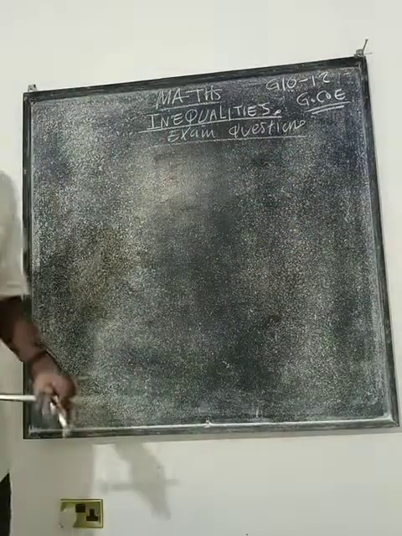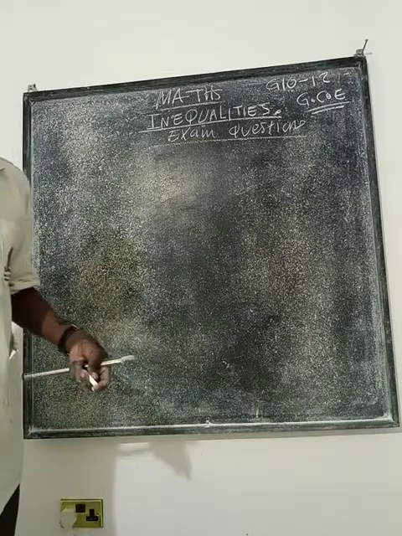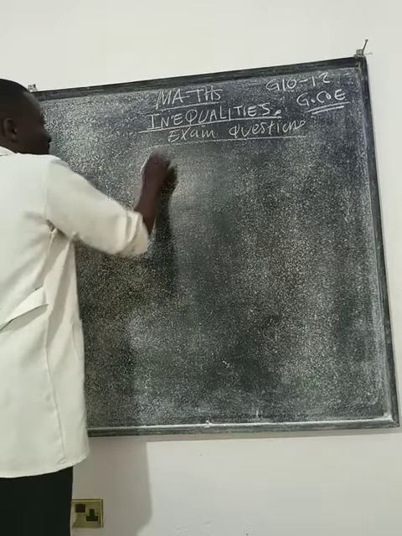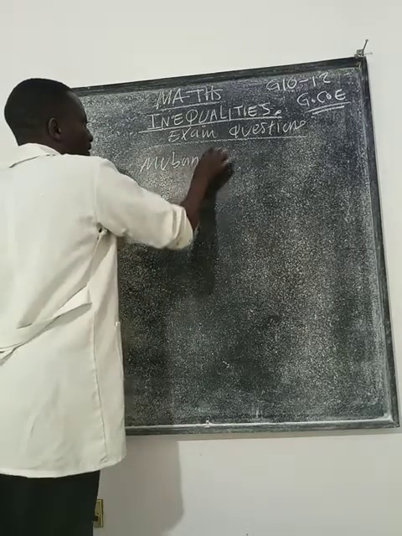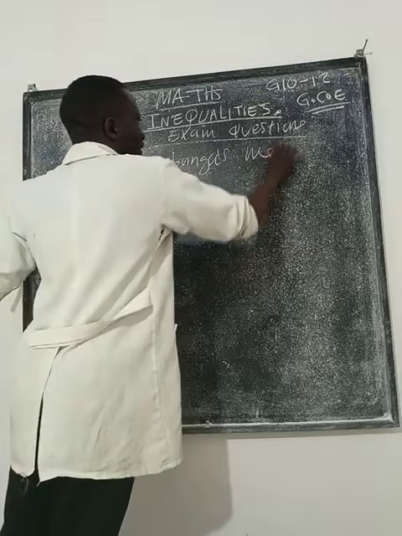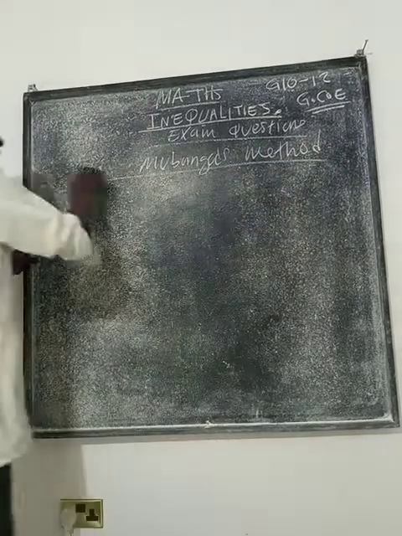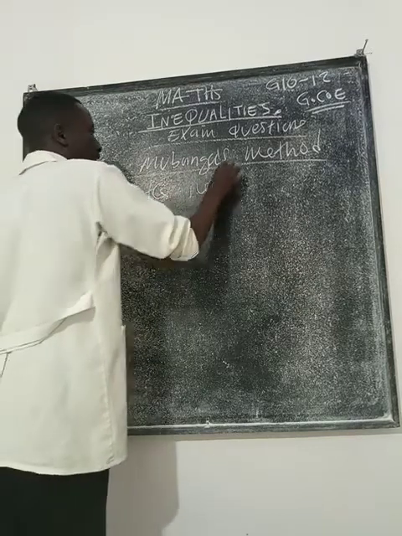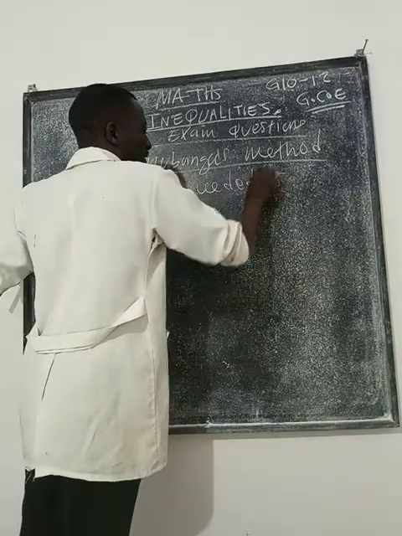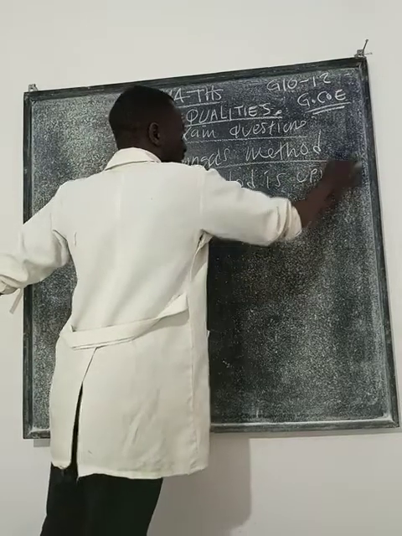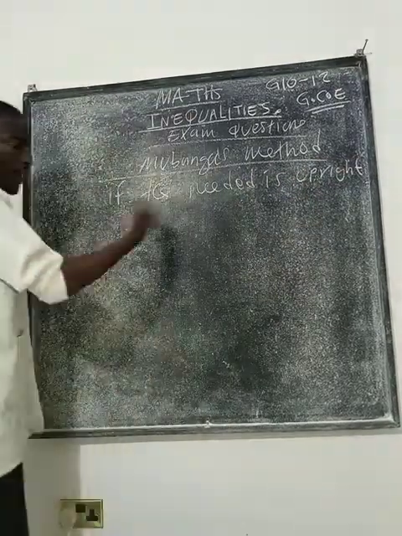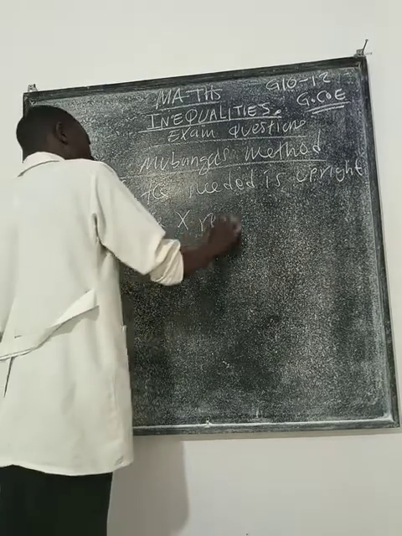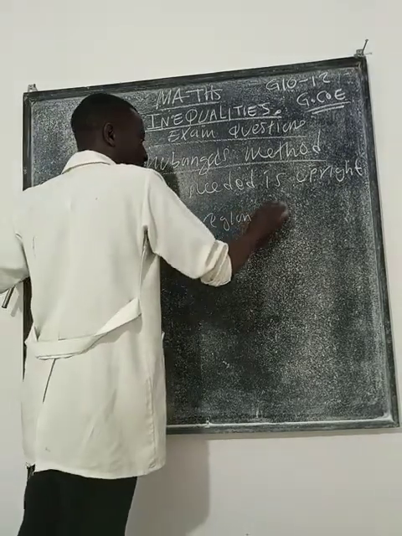Alright. You can also use the Muvanga's method. Okay? I have developed a method here. In mathematics, it's about discovery. I have developed a very good method on this one called Muvanga's method. It says if the needed line is upright in the X region or axis,